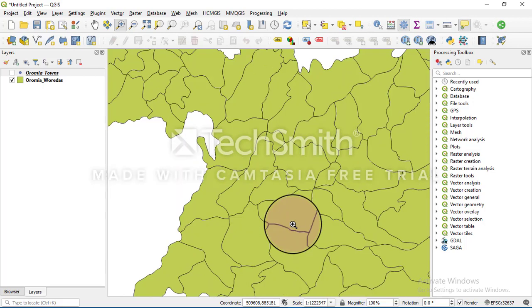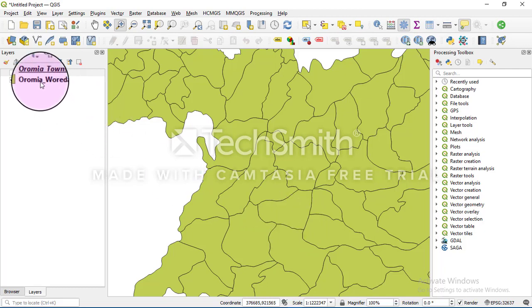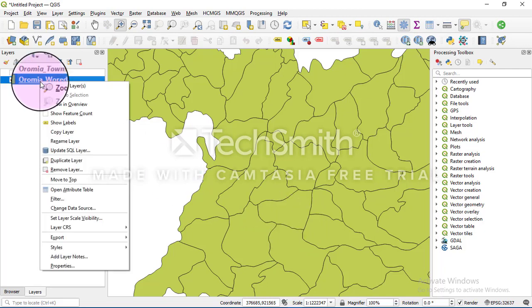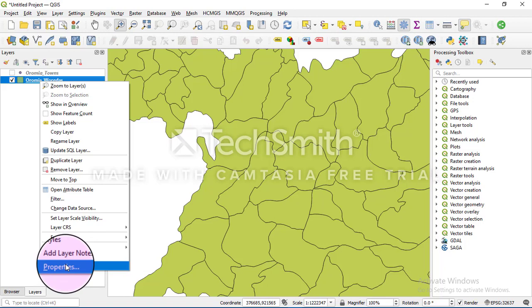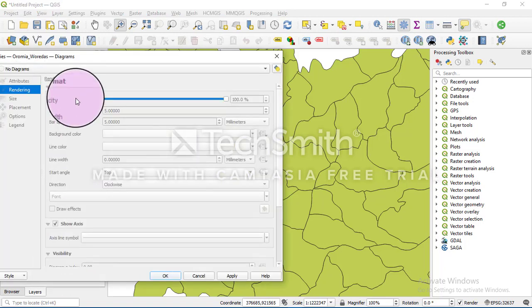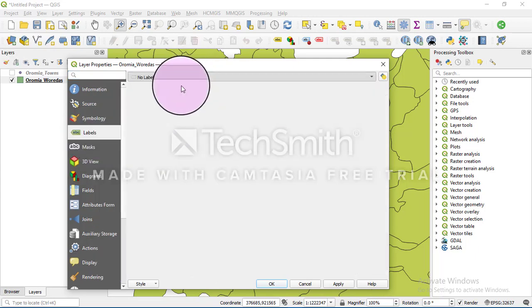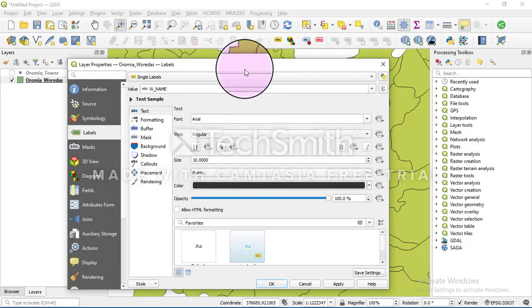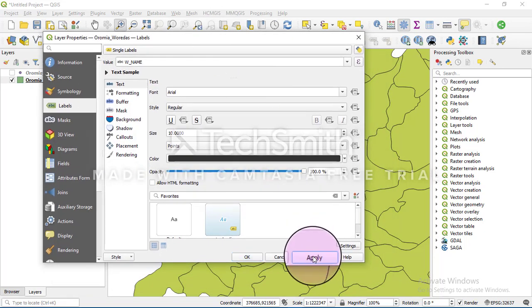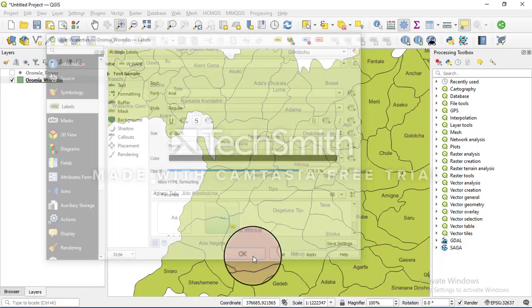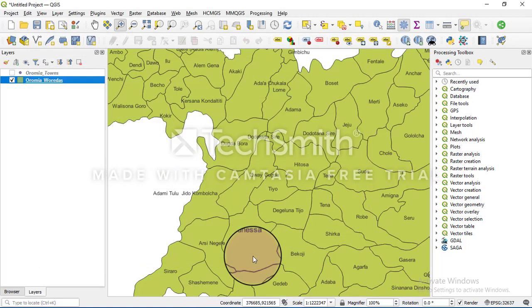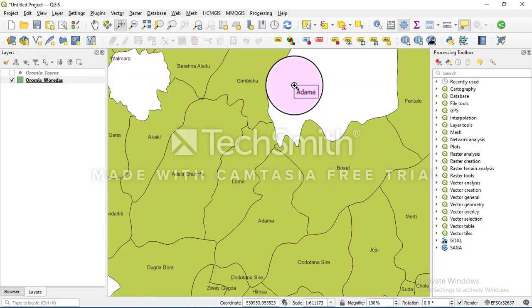You see now these are Oromia woredas, but we can't read the name of the woreda. To read it, we have to label the name. To do so, right click on Oromia woredas in table of content and go to property, and here go to label, single label, right, woreda name, yes, apply. Yeah, now we can read and we can select our area of region. You see, therefore let it be our area of region Adama woreda here,